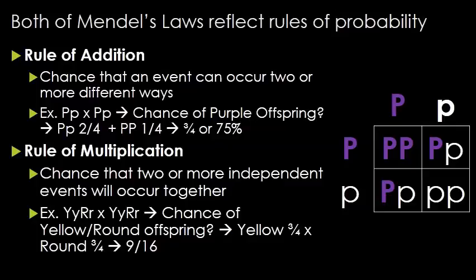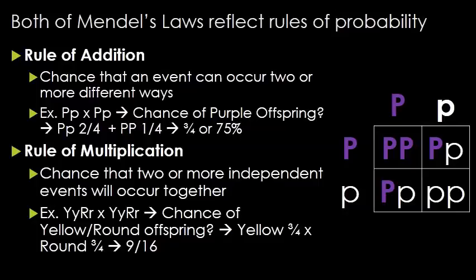We've been doing the rule of addition the whole time because, say, homozygous dominant and heterozygous purple, we're saying there's 3 purple offspring. You have to add that up, even though they're different. So, rule of addition, you have an event that can occur in more than one way. The rule of multiplication says, well, if I have independent events, what are they likely to do together? So if you do monohybrid crosses for each trait separately, you can get your math.